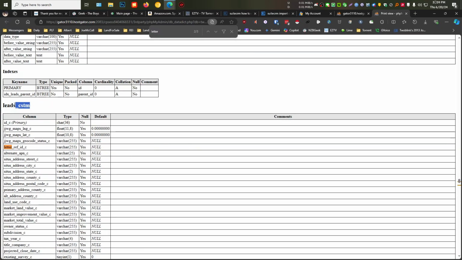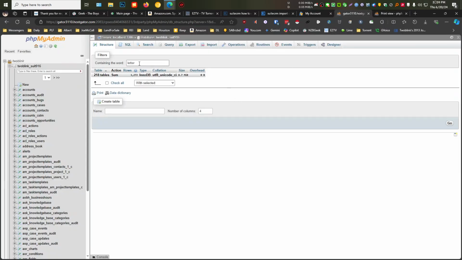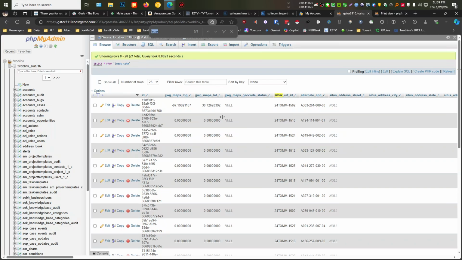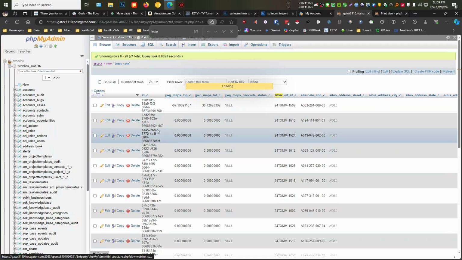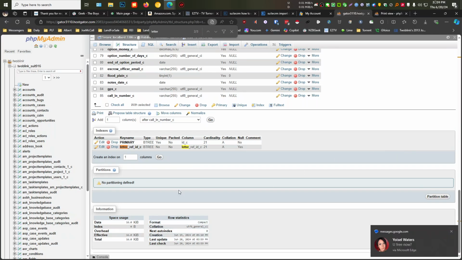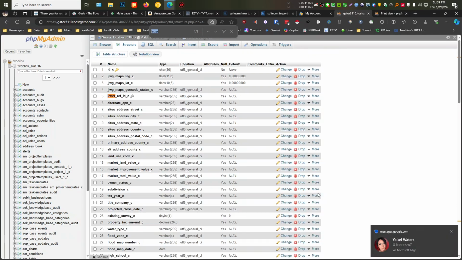letters in the lead CTSM table. So we'll go ahead and hit lead CTSM. Here's our lead CTSM table. I know it's complicated if you don't do database stuff. And then in here, let me see, that's the data. We'll go to either structure or SQL. So we'll go to structure and let's take a look, search, and here's letter reference ID, and then